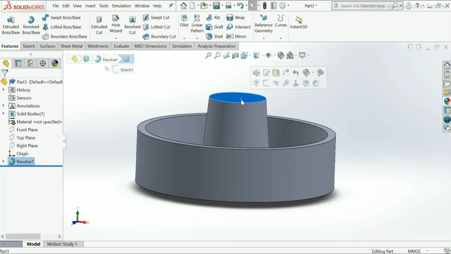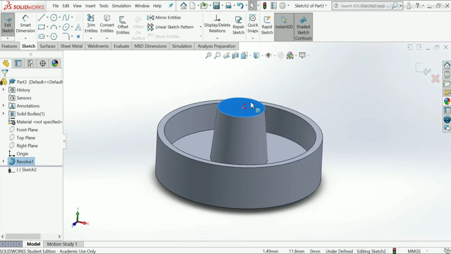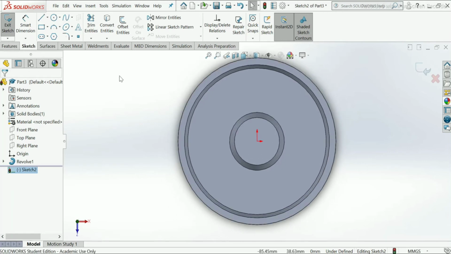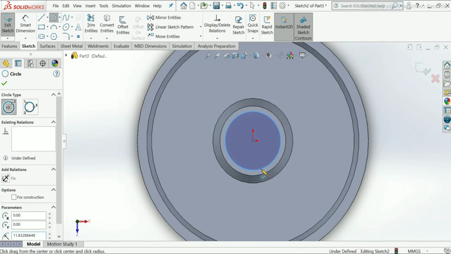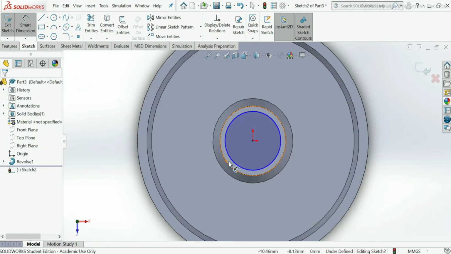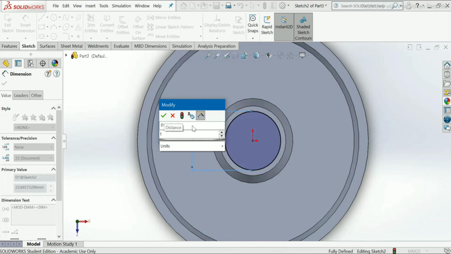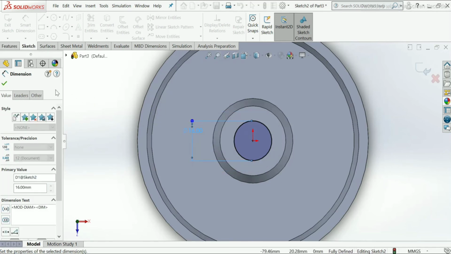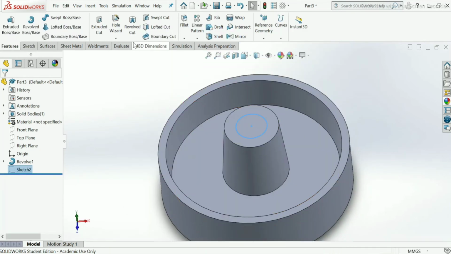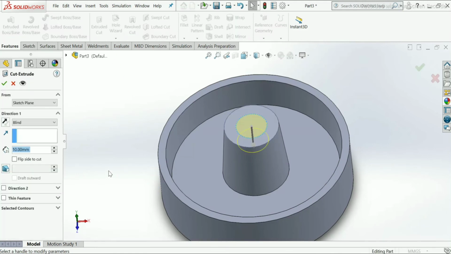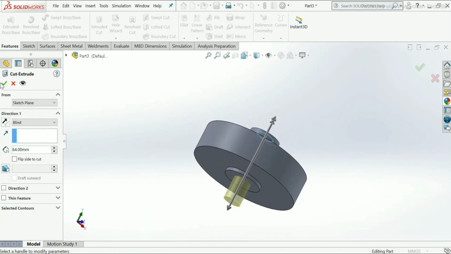Select this plane, top plane of the surface, right click, sketch, normal to profile, smart dimension 16 mm. Click OK.